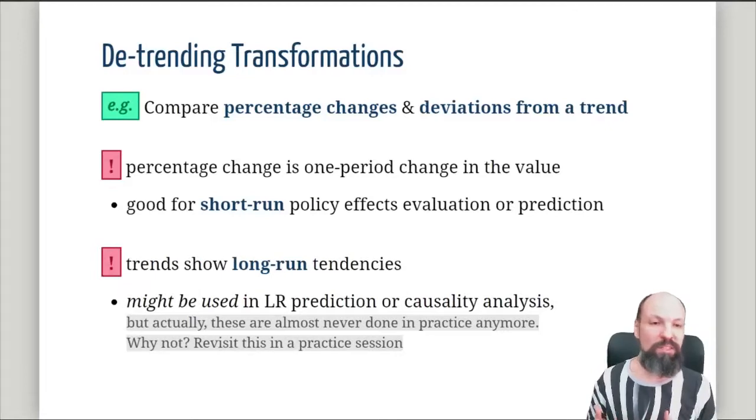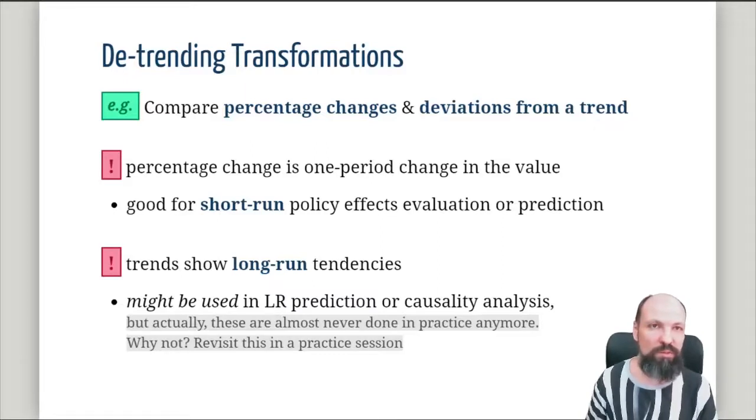And when we consider the whole trend over a long period of time, saying that, okay, on average this thing was behaving like this is the dynamics of it, it looks like an exponential function or linear function of time, then it shows the long-run tendency. And to be able to evaluate it, you need that long period, all of it, over which you are measuring that value. And it can be used in some long-run models,